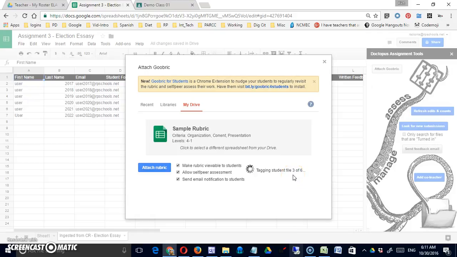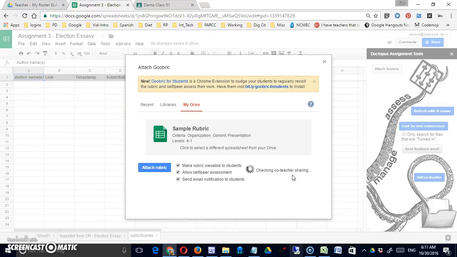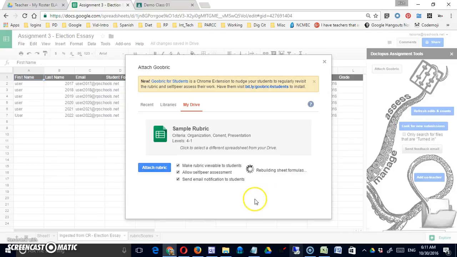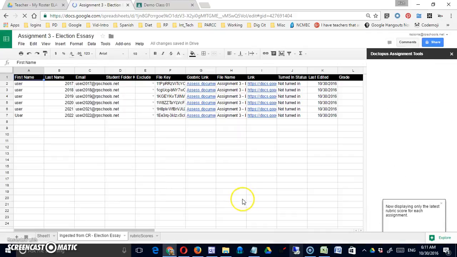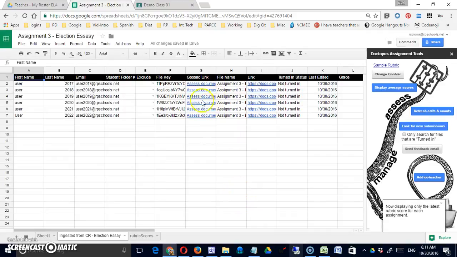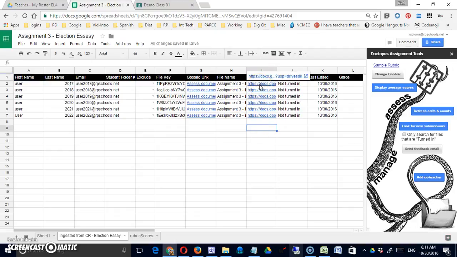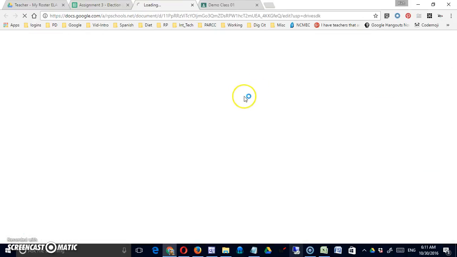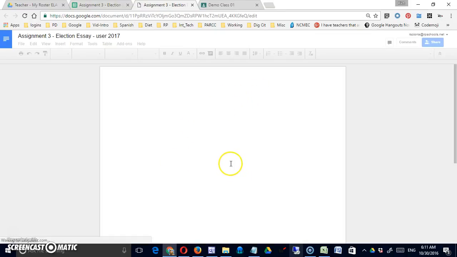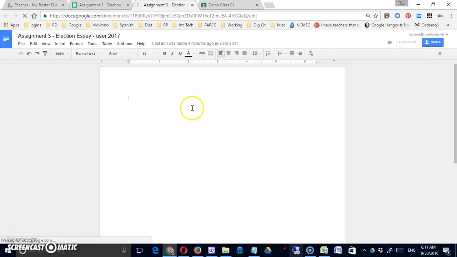And it's updating my students. It's up to number 5 of 6, and so it'll be done shortly. And there you go. So now, this is the link to this column. This link is to the document itself. This link is to the Goobric. So let me just use that for a second. Pretend I'm a student without having to go into the student accounts and say,